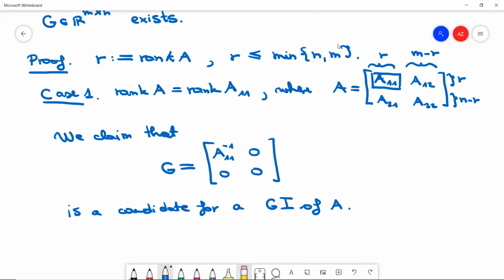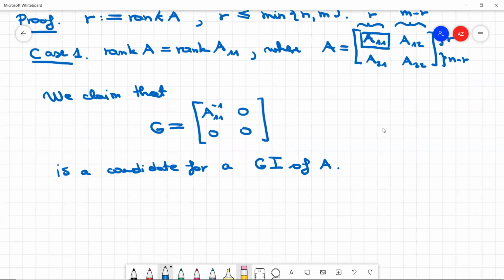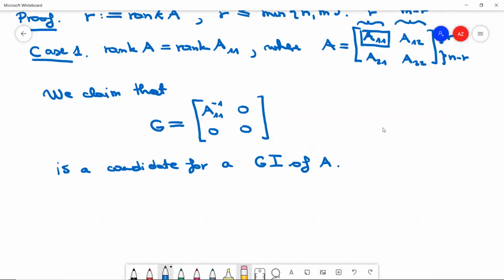We can multiply A with GA. Yeah, that's true. We have to check that AGA is equal to A. And let's do this calculation. It will be mostly trivial, but there will be only one non-trivial part at the end, which we'll have to argue about. So let's do this calculation. So AGA